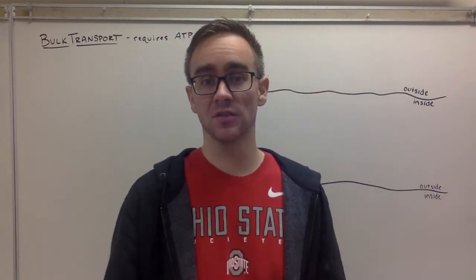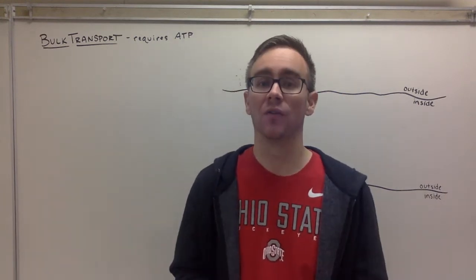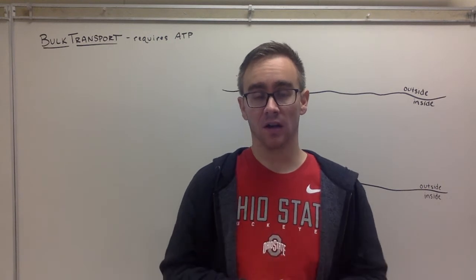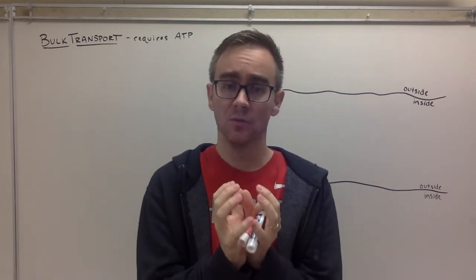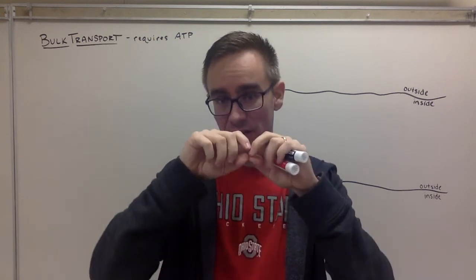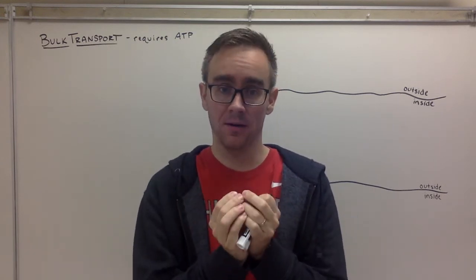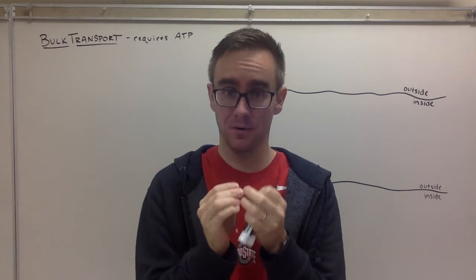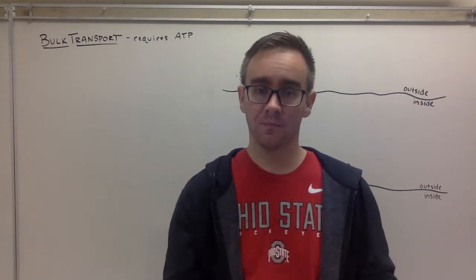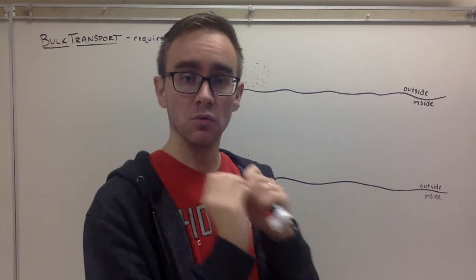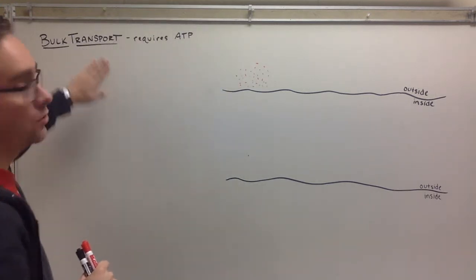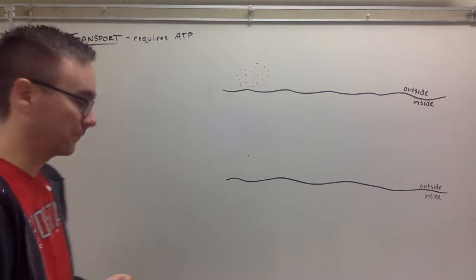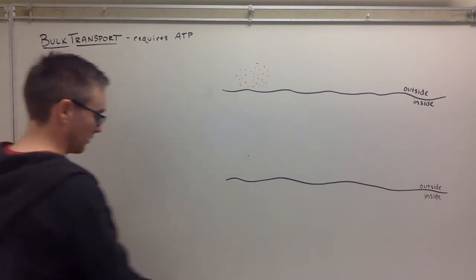This is also going to take advantage of something called a vesicle. If you remember, a vesicle is just a small package within the cell. It's actually a very small, phospholipid bilayer membrane-bound package that you can move molecules in and out with. And we're going to show the two different types of bulk transport. The first one we're going to talk about is called